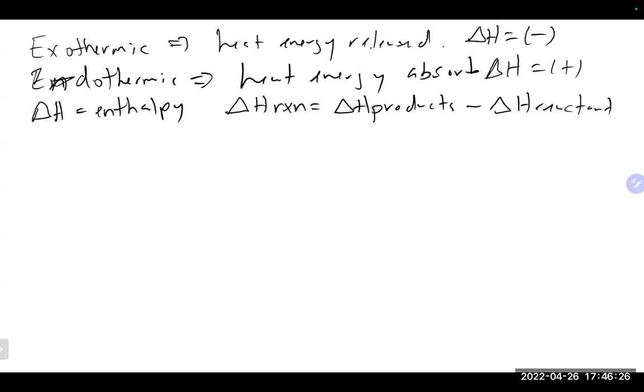They are state functions, which basically means in most cases, the only thing we're interested in is where we start and where we end. So in a chemical reaction, where we end is obviously our products, and our reactants are obviously where we begin. I think we also looked at some energy diagrams, if I'm not mistaken,